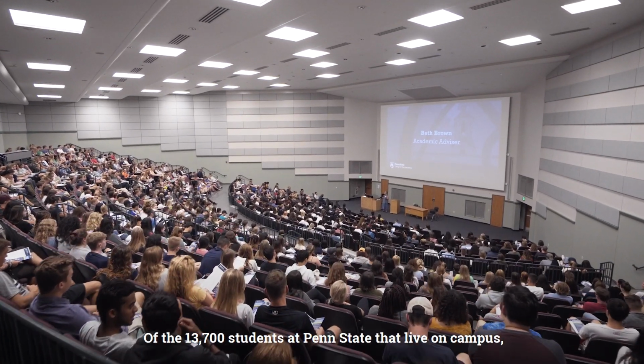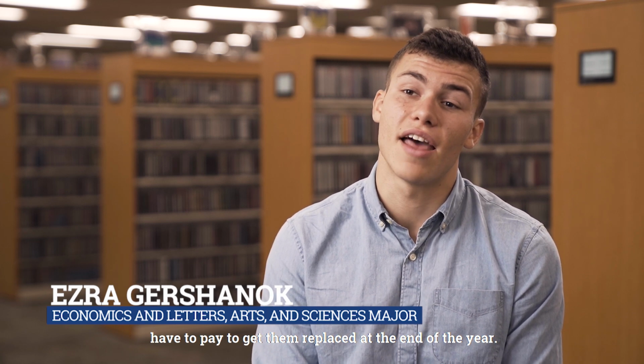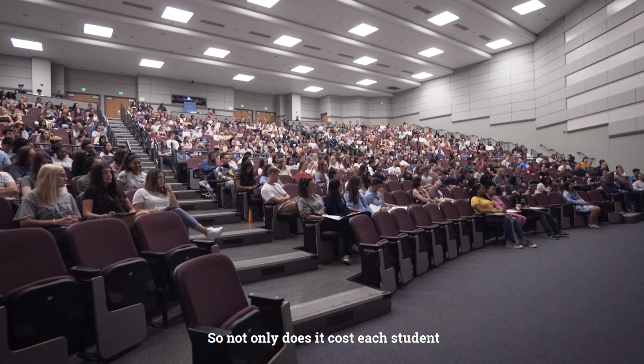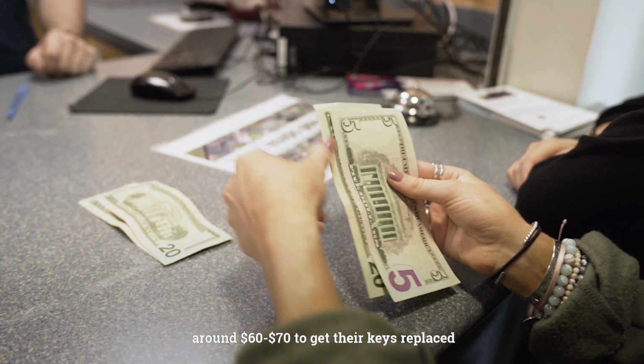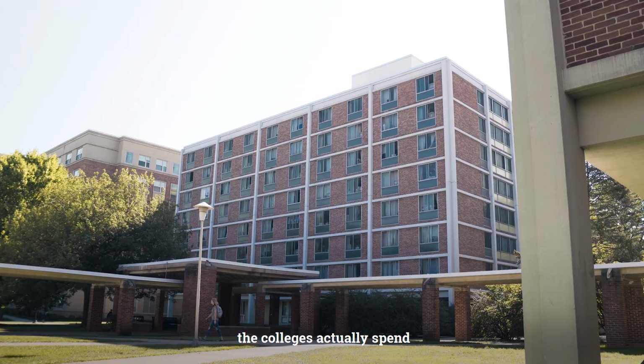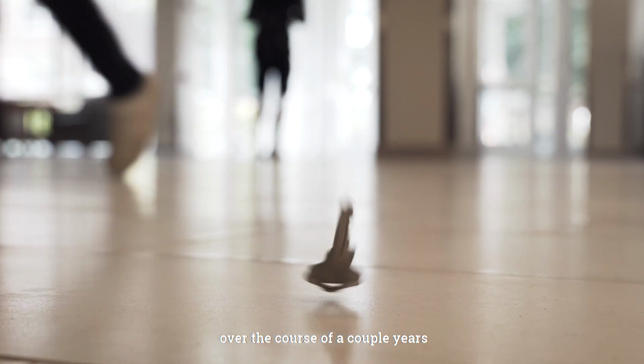Of the 13,700 students at Penn State that live on campus, 2,000 of them are said to have lost their keys and have to pay to get them replaced at the end of the year. So not only does it cost each student around $60 to $70 to get their keys replaced if they're living on campus, the colleges actually spend hundreds of thousands of dollars over the course of a couple of years in